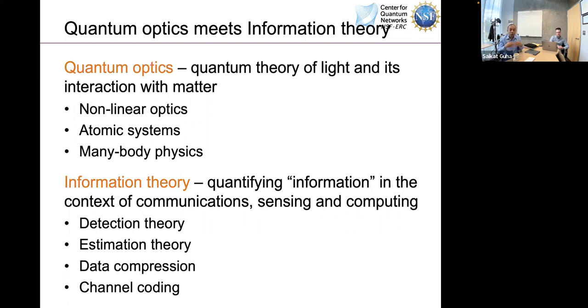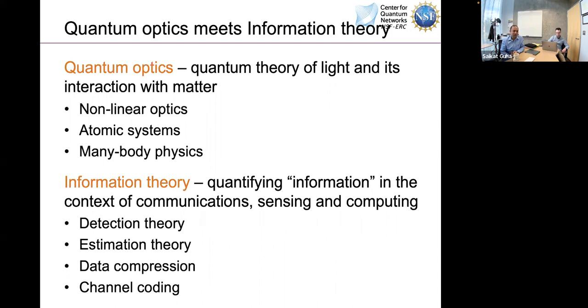But if you do a full-blown quantum theory of that field propagation, it does correctly predict that output light. The properties of that output light, for example, the statistics of photo detection on light created by such a nonlinear crystal, cannot be predicted by the classical electromagnetic theory or semi-classical theory of photo detection. So quantum optics emerges out of nonlinear optics, and then it spans not just nonlinear optical materials, but also